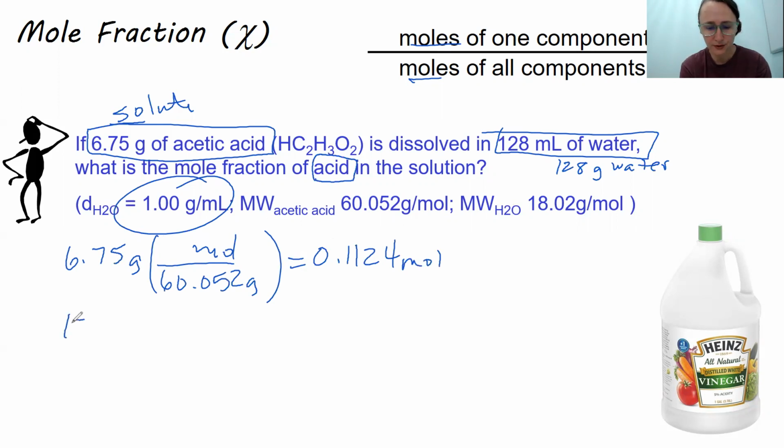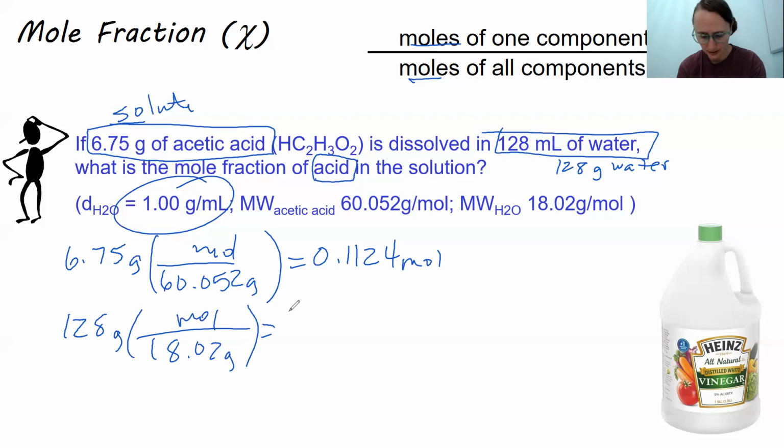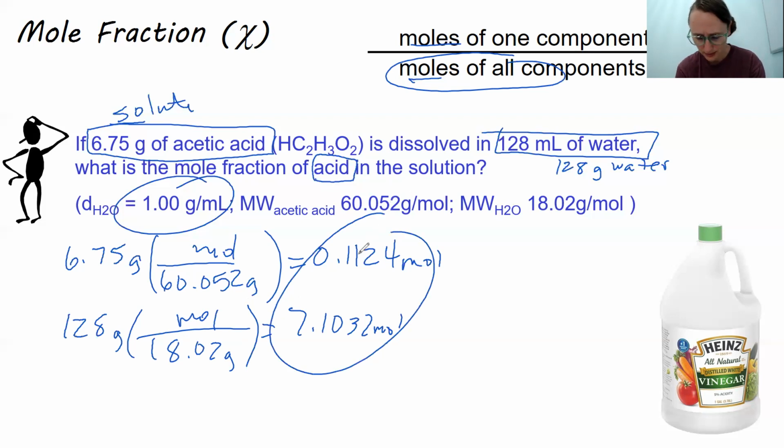And then we have 128 grams of water. The molar mass of water is 18.02 grams per mole. And you get 7.1032 moles. All right, so on the bottom, you need the moles of all components. So if you take and add these two together, you get 7.2156